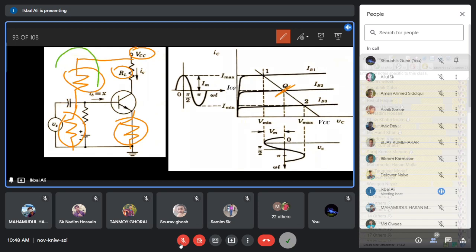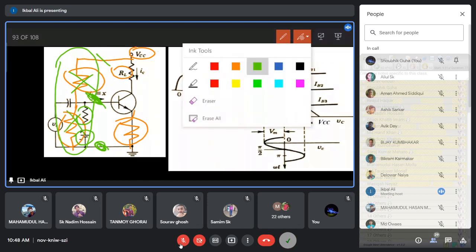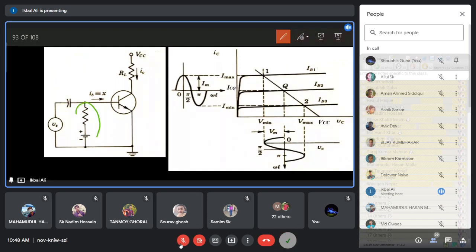কিন্তু এই ইনপুট সাইডটাকে আমরা সিম্পলিফাই করে নিয়েছিলাম, কারণ ইনপুট সাইডে R1 R2 কে এইভাবে রেখে অ্যানালিসিস করলে অ্যানালিসিসটা অনেক কমপ্লিকেটেড হবে। এটাকে থেভেনাইজ করেছিলাম, এই পয়েন্ট আর এই পয়েন্টের মধ্যে। করলে ইকুইভ্যালেন্ট থেভেনিন রেজিস্ট্যান্স আর থেভেনিন ভোল্টেজ পেয়েছিলাম। ভিটি পেয়েছিলাম R1 R2 বাই R1 প্লাস R2 ভিসিসি, আর আরটি পেয়েছিলাম R1 R2 প্যারালাল। তাহলে এই দুটো রেজিস্ট্যান্সকে আর লাগাতে হবে না, এইভাবে আমি ইকুইভ্যালেন্ট সার্কিটটাকে ব্যবহার করব, সেই জন্য এই ভিটি আরটি ইকুইভ্যালেন্ট সার্কিট ফর্মে এটাকে দেখানো হয়েছে।